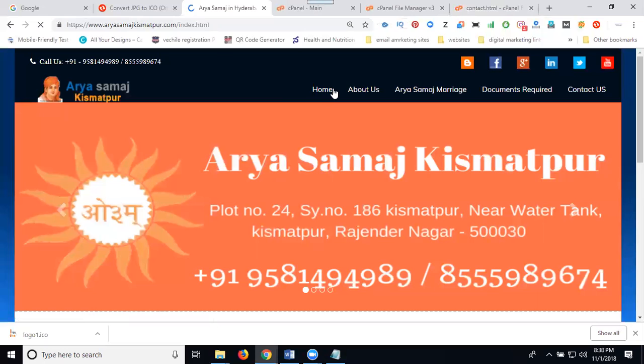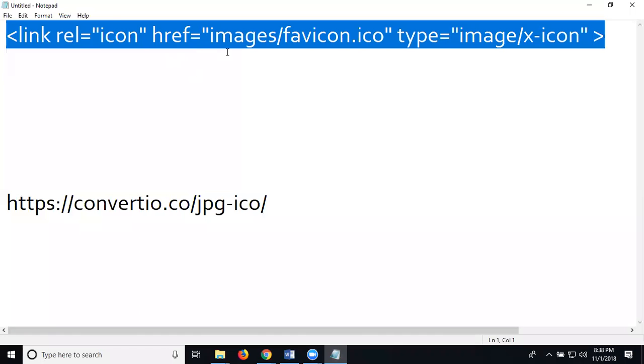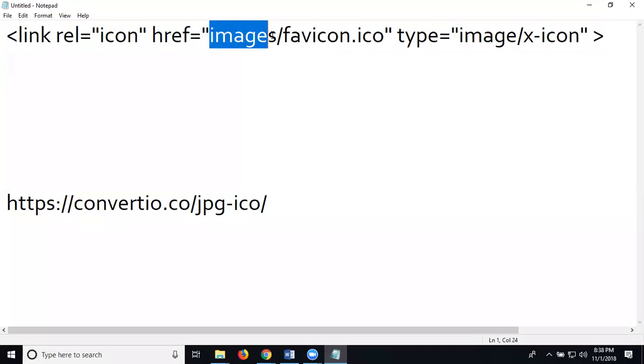For any site, first of all, JPEG can be converted to icon; .ico is the extension for icon. After adding, the code will be here, and you can share the image folder name. So the image will be shown as the favicon on your site. It's a mandatory field on any site, static and dynamic. The code will be placed on each and every page manually, or added in a common place for a dynamic website.